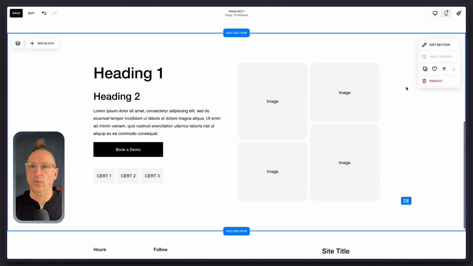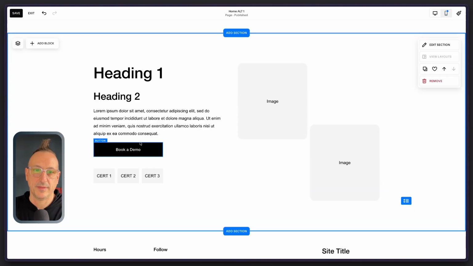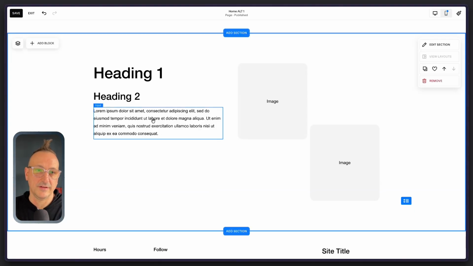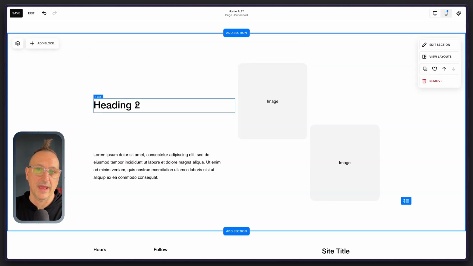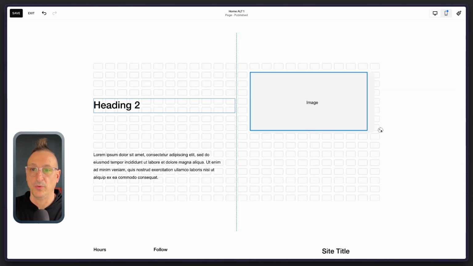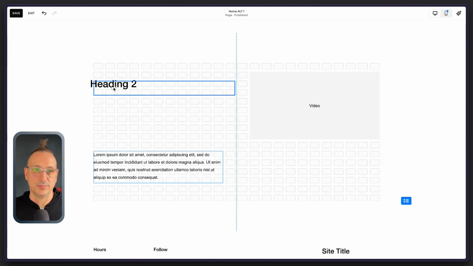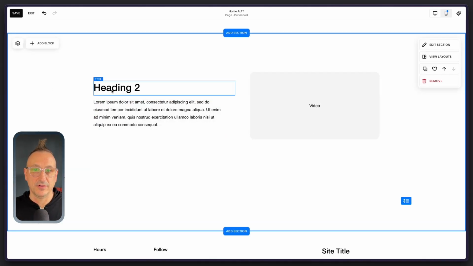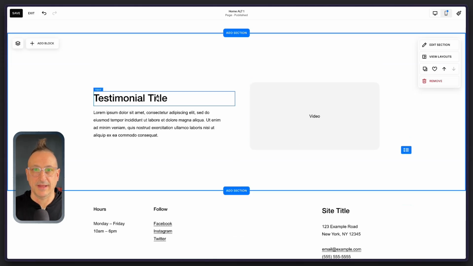duplicate this section. Oh, what did he just do? Look, if we duplicate this section, I can delete all this content. Delete, delete, delete this, delete the button, keep the lorem ipsum text, keep the H2, delete the H1, and delete this. Say we want this to be testimonials, and we want to put a client testimonial, customer video. Whoa, what did he just do? He just put a video on there. So now this could be our testimonial title. And we've got our lorem ipsum copy there. That took all of about